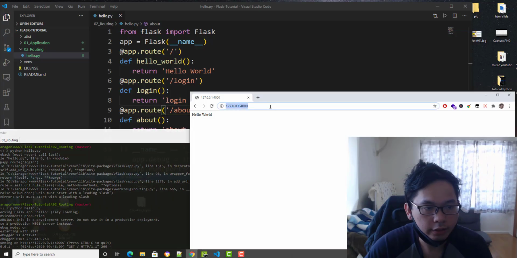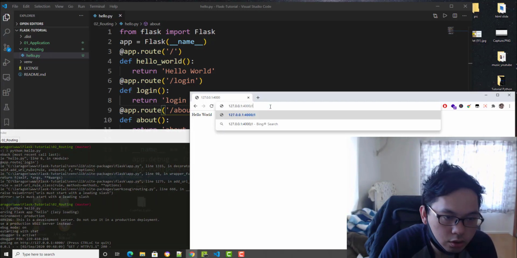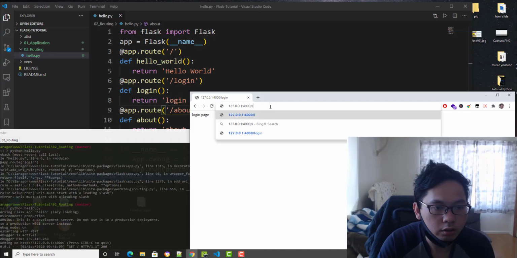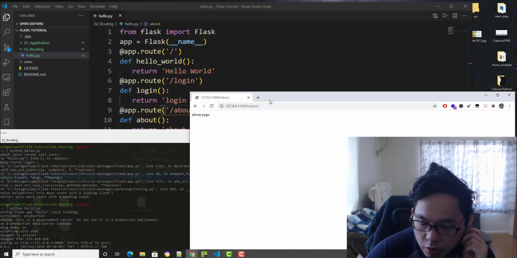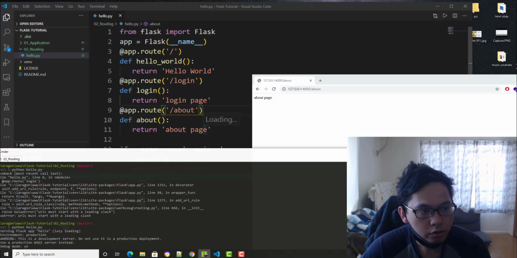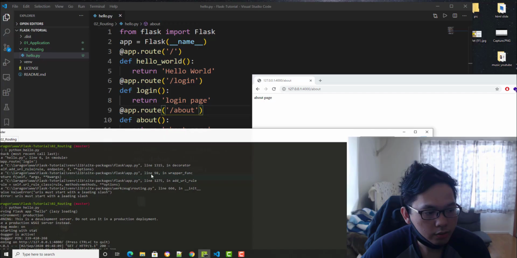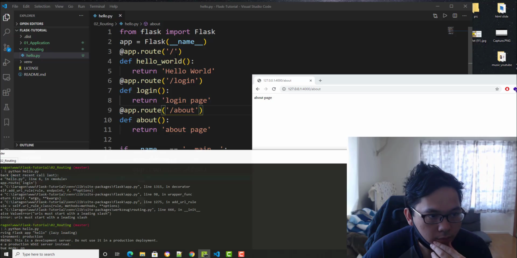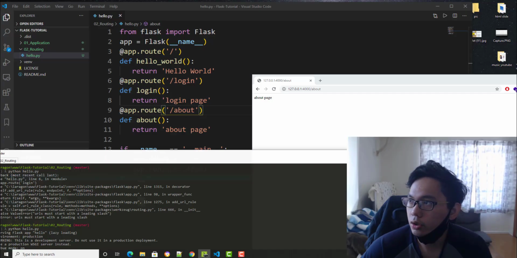And we're going to go to our login page by using slash login. That's our login page. And about, so you understand now the routing of your application. So very straightforward anyway. And yeah, so this is your routing. Nothing too special to talk about on routing. You understand it by using these rules. And yeah, see you in the next video.